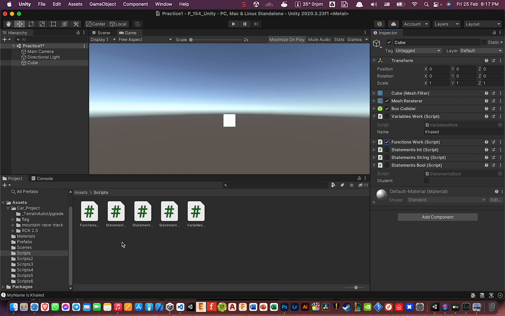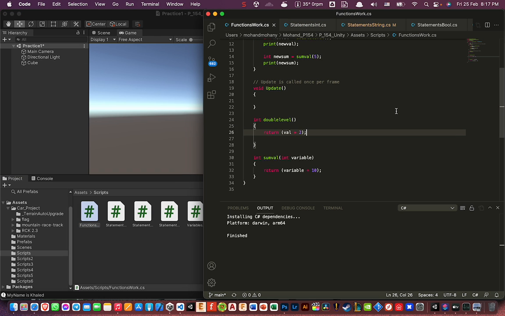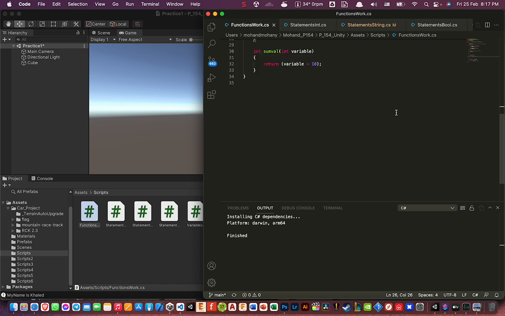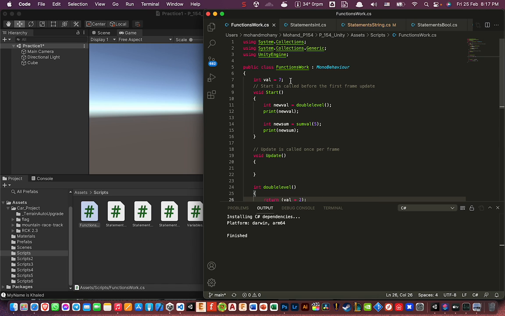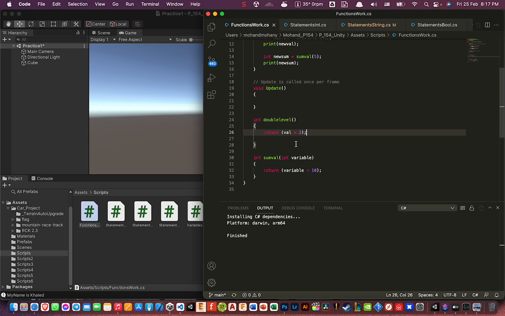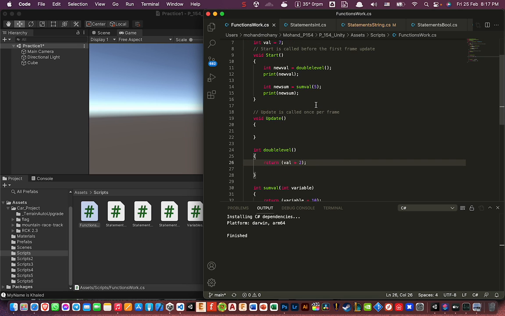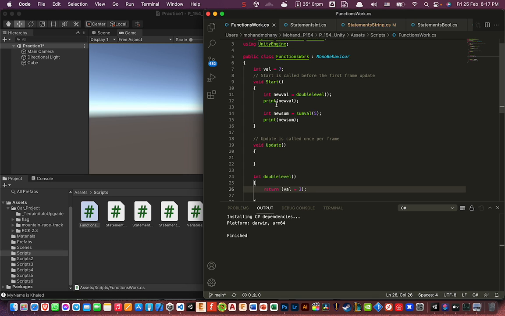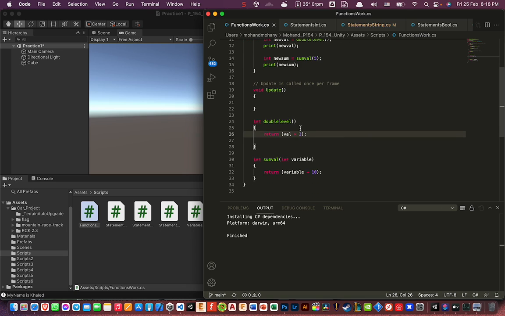So functions work is here. These are the codes for it. Here we assign the value, and here we print out our values. Here is the function itself. This is the double value. See, we use the value number 7 and we multiply it by 2, and this is the function, and we use the function here to print out our new value. And same function, but it's used differently. This is for adding the sum,